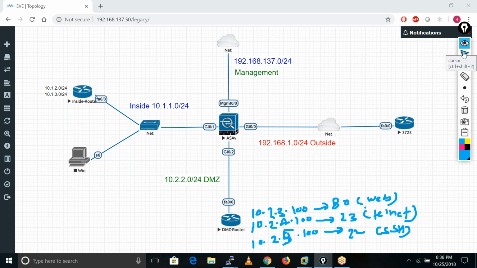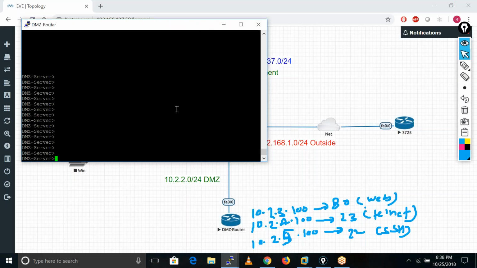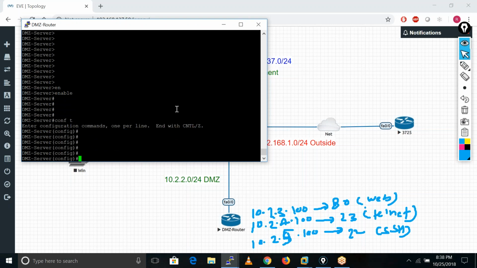So you just put your focus over there. I'm going into my DMZ server. That is the way how we can increase our topology, to configure different kinds of services and to test different cases regarding a concept. So I'll just add some loopbacks over there.